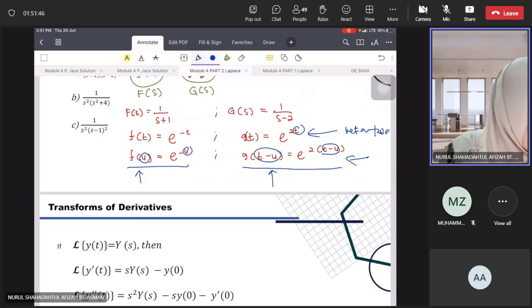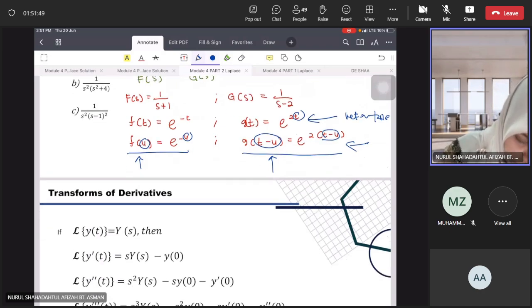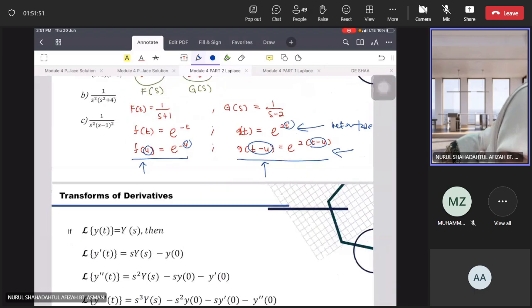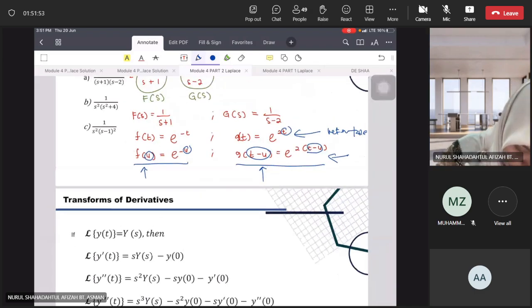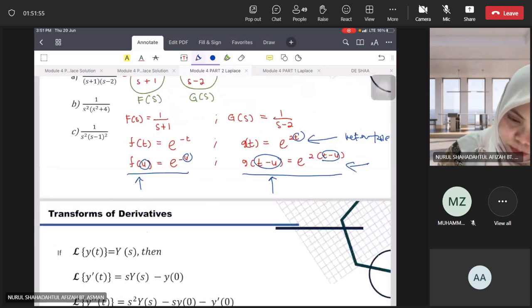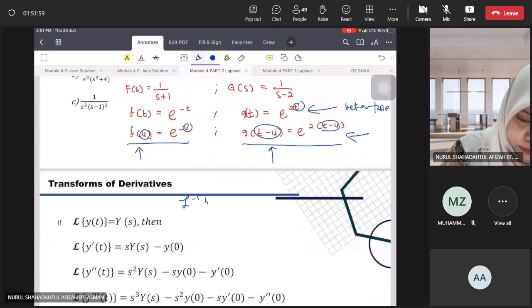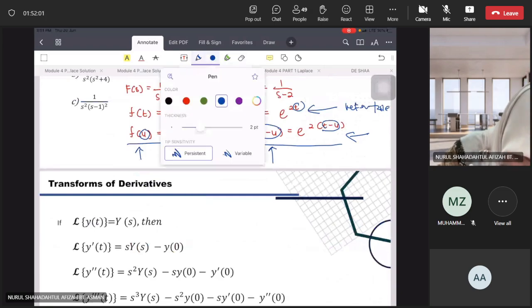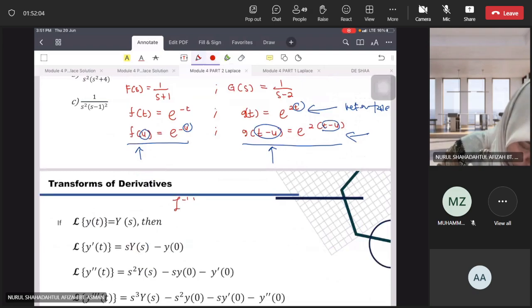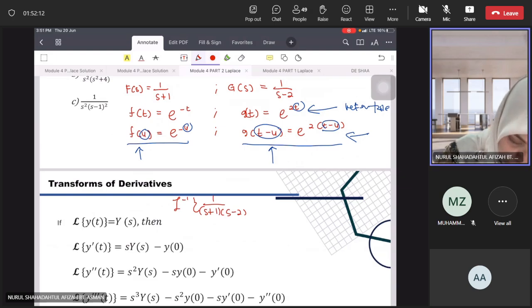You don't have enough space here, okay, never mind, I just continue here. So it equals